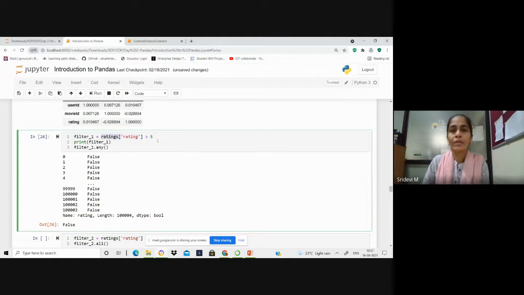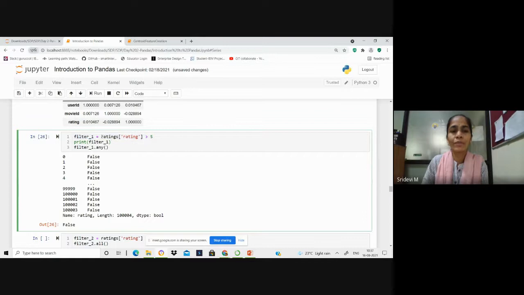So our basic intention here is to check whether there are any values that are greater than 5, because the ratings are generally given on the scale 1 to 5, and any rating given greater than 5 is an invalid value, right? So we wanted to find out whether there are any invalid values under the ratings column.